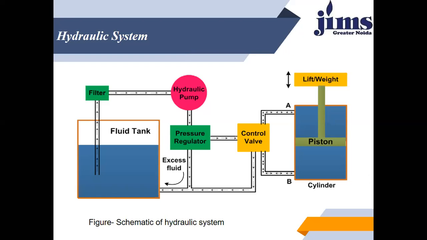Okay, so I already told you we have the hydraulic motors. I already told you the function of the hydraulic motor or the hydraulic cylinder. The liquid discharged by the pump goes directly to the hydraulic motor, or you can say the hydraulic cylinder, right? The control valve will send it to the piston cylinder assembly as per the requirement, and the piston is associated with the output lift on which it is mounted, and it will lift the desired load.